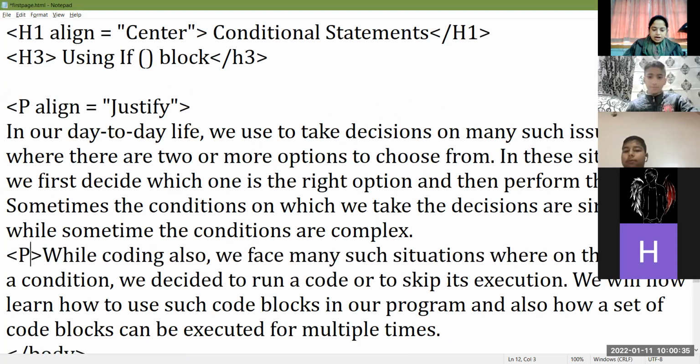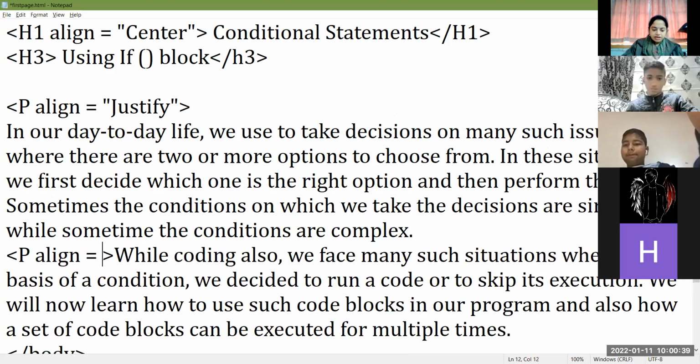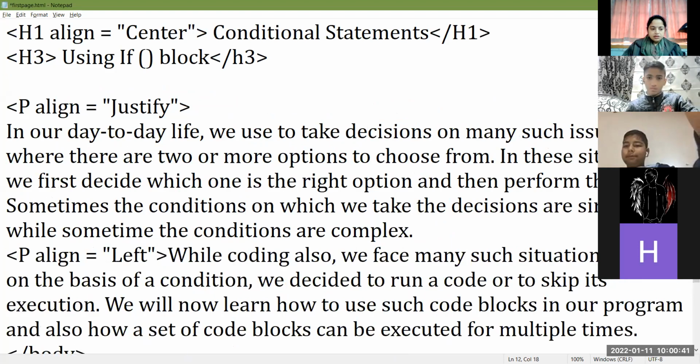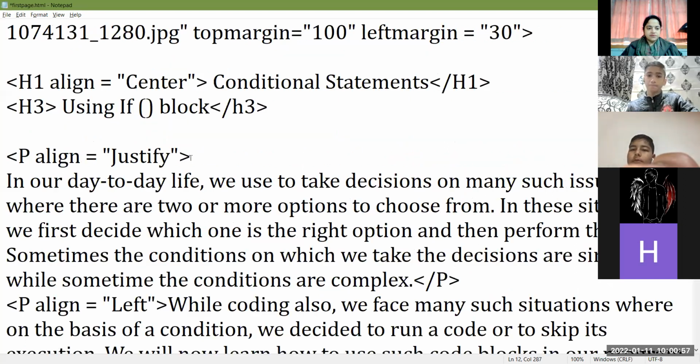I'm making it align equals to left. By default left will come, even if I don't type it. Now close this p tag here. Then close the next p tag here. After this paragraph, I'm having two paragraphs now. One paragraph is left align and one paragraph is justify.